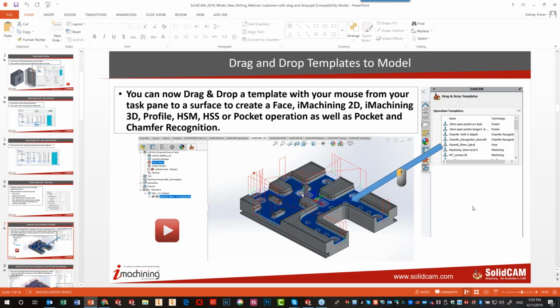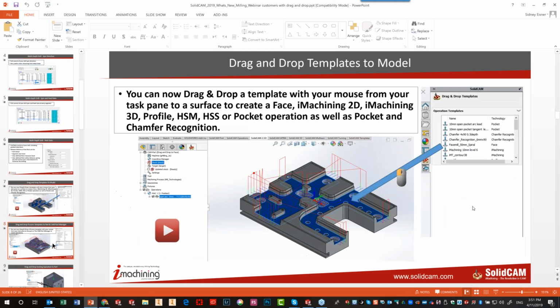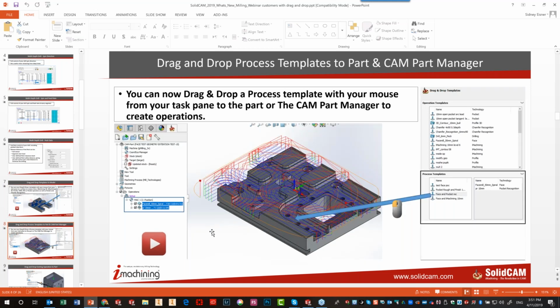Now, these templates can also be dragged not just to the face itself, but can also be dragged to the CAM part manager. And if you drag it on an existing geometry, it'll also create the operation. If you drag it to the CAM tree, it'll create the operation, but then obviously you'll have to add your